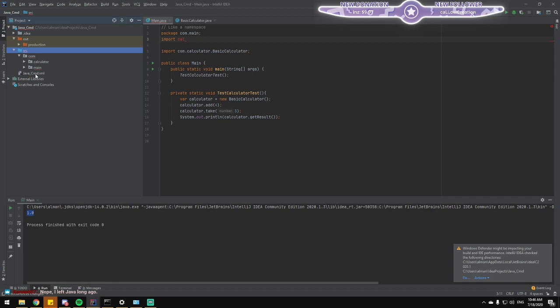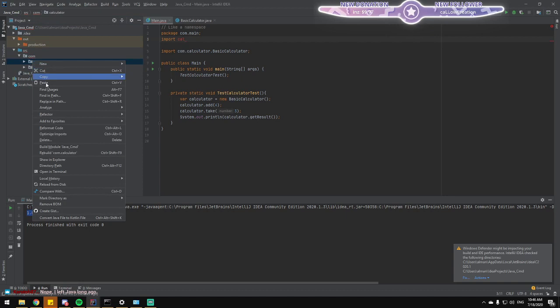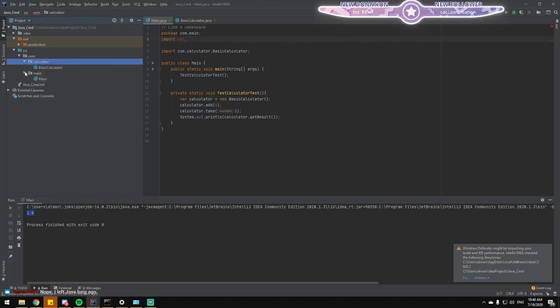Why is it working that way? Maybe it's fine, I don't know. Can I build it? Import calculator or com.calculator.